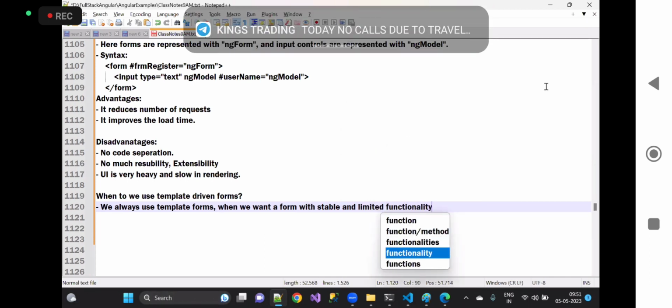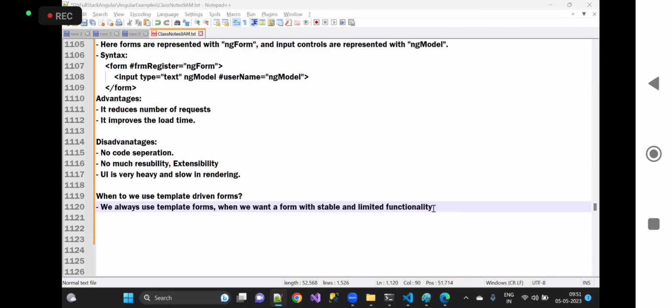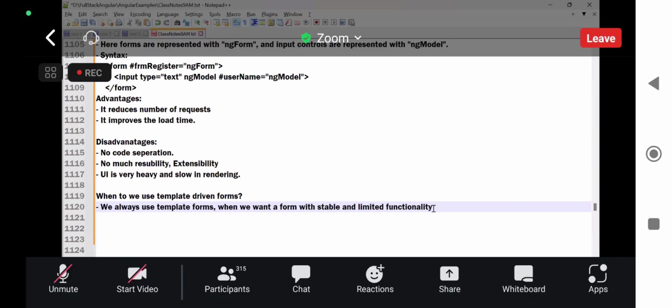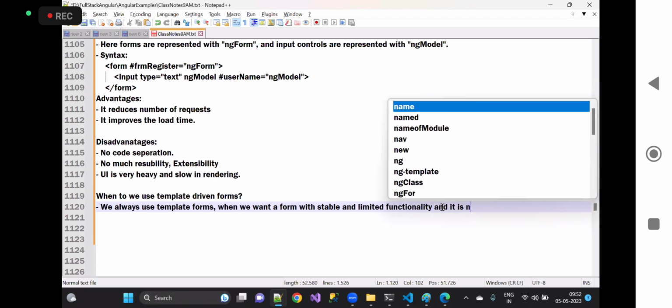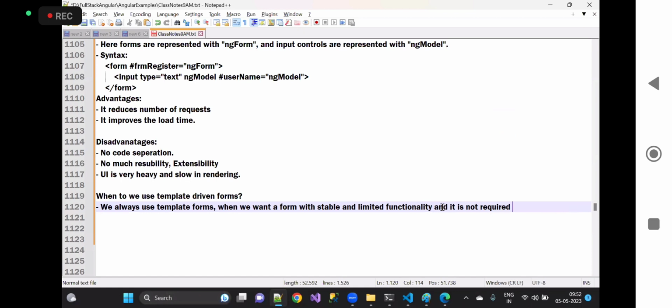That means we have, let's say, one or two items, nothing more than that. You may take a login form. A login form may contain enter username and enter password, nothing more than that. You may take a registration form. It might have first name, last name, and many more. So whenever you have a very stable and limited functionality, and it is not required